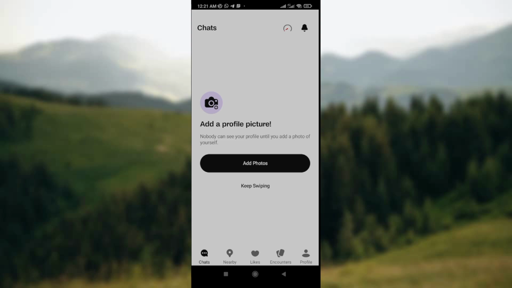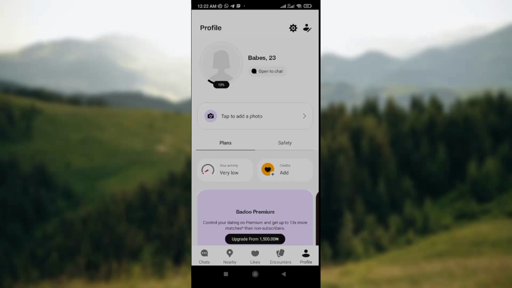Account preferences is just after account and before help center. Once you see the account preferences, you click on it, and the options in the account preferences will be displayed on your screen. The first option is privacy, the next one is notification, and that is the particular one we are looking for. You click on notification. Once you click on notification, you see several